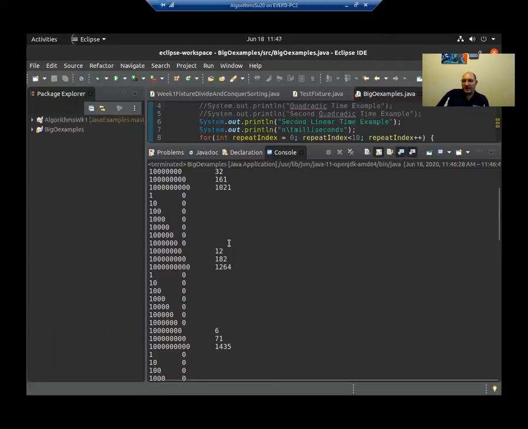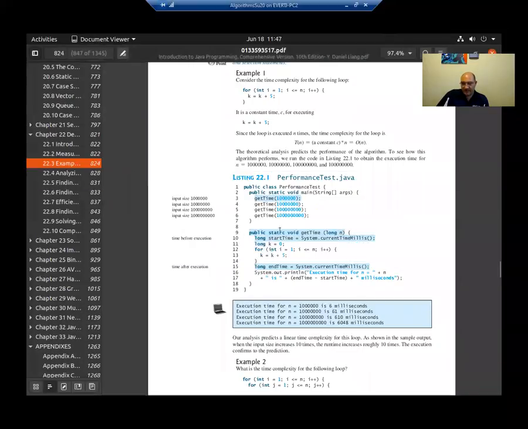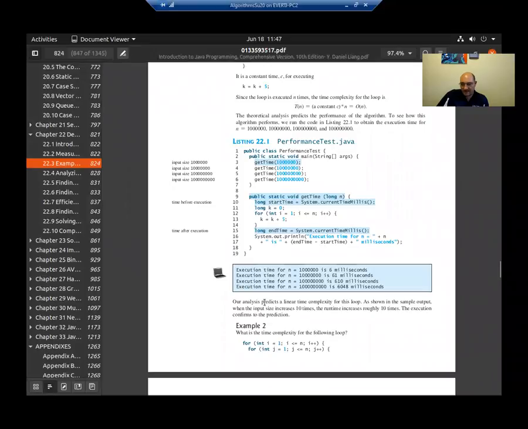And so the example Daniel's trying to make here is our analysis predicts a linear time complexity for this loop. As shown in the sample output, when the input size increases 10 times, the runtime increases roughly 10 times. This execution confirms our. So I'm not going to say that our execution confirms the prediction. What I'm going to say is our data supports. So our data doesn't suggest that our model is wrong. The reason why I don't want to say that it confirms it,